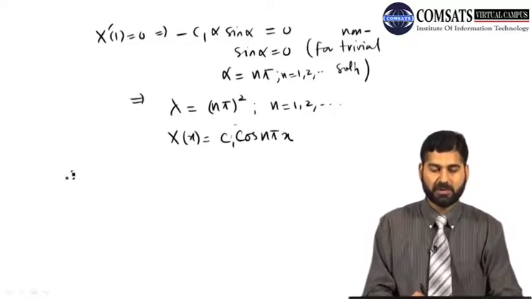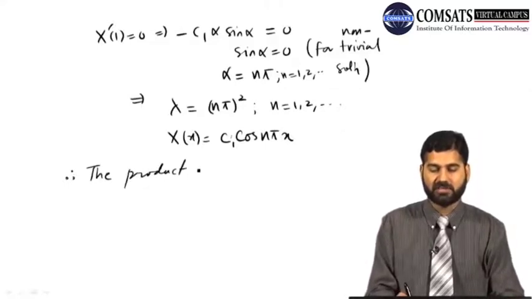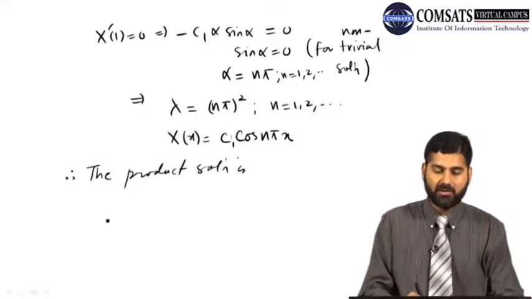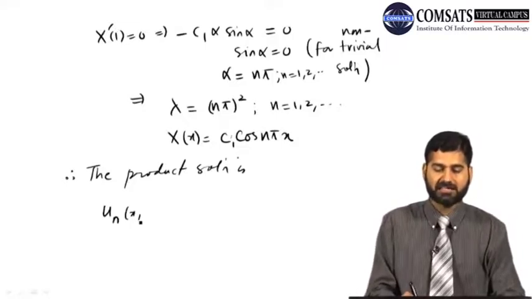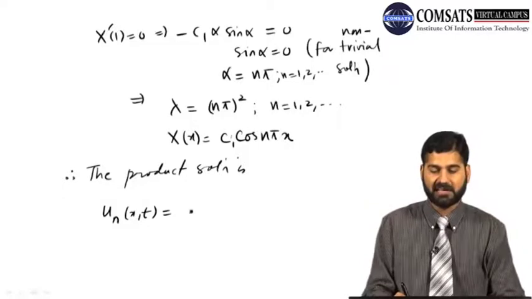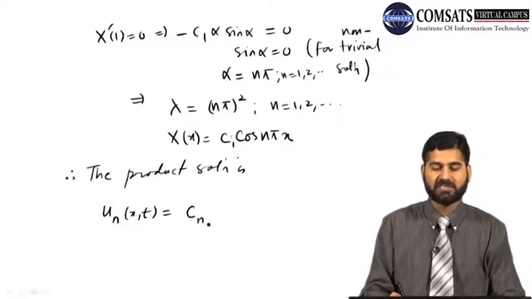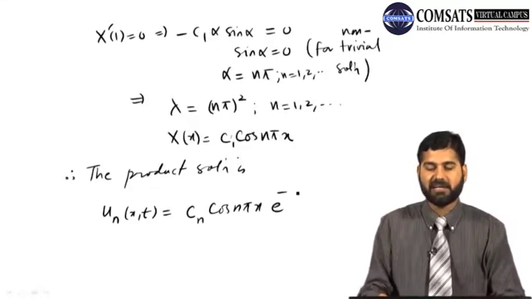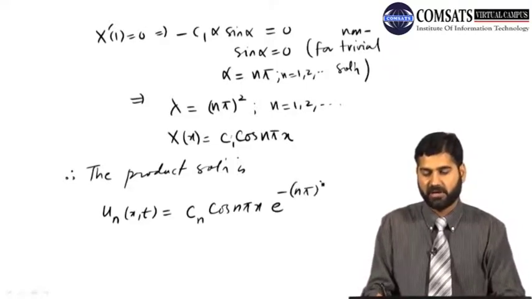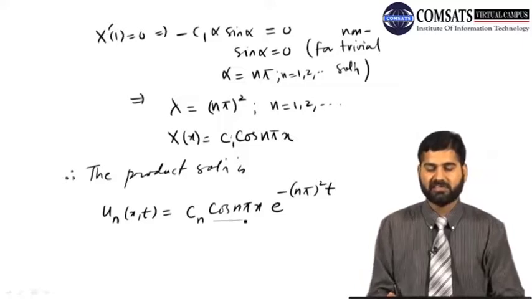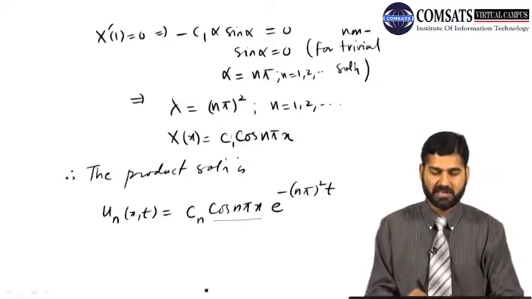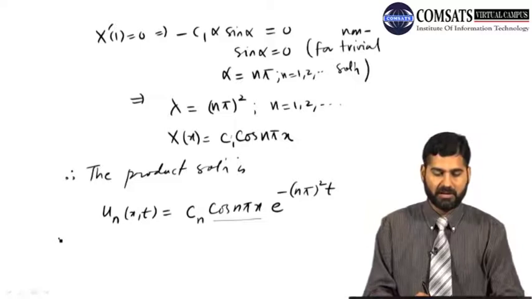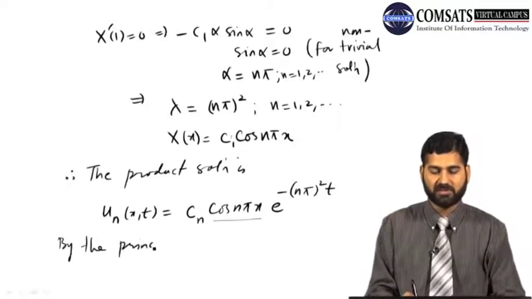So therefore, the product solution is, I got x and I got t. Now I can directly write the product solution as u_n(x,t) instead of writing x(t), and I can call the coefficient cn as well: cn cosine n pi x, and e to the minus lambda t, where lambda is n pi square. So this is the only difference between the previous one and this one. So by